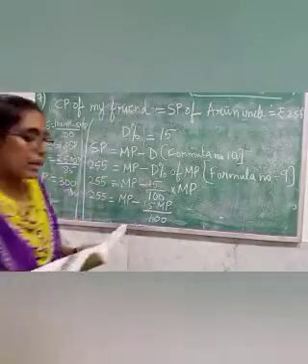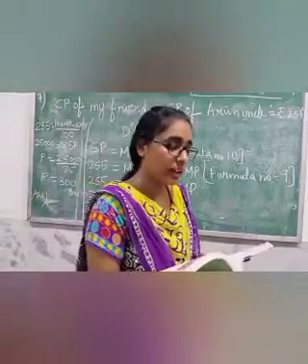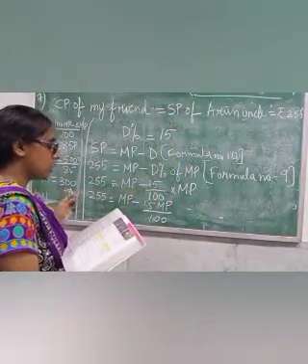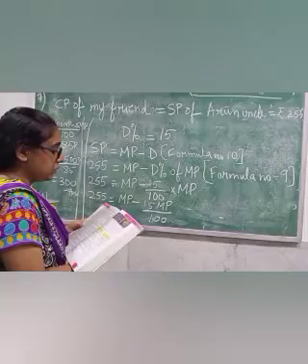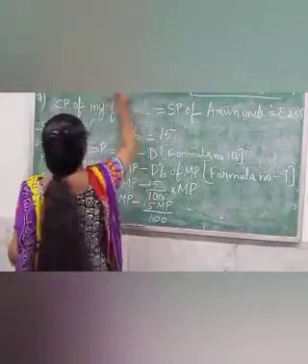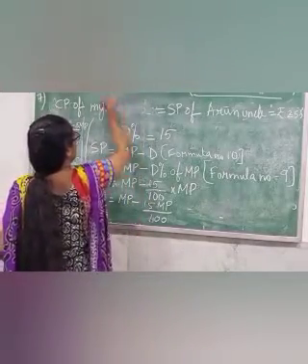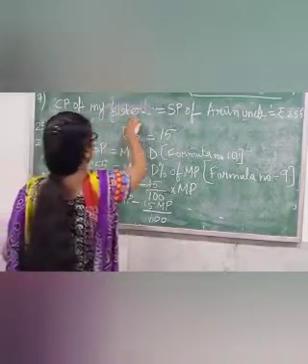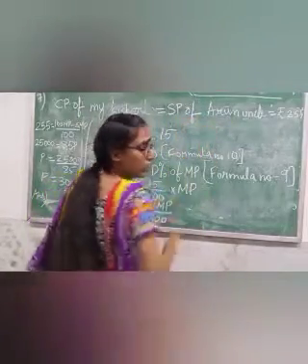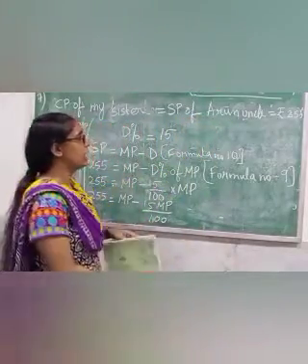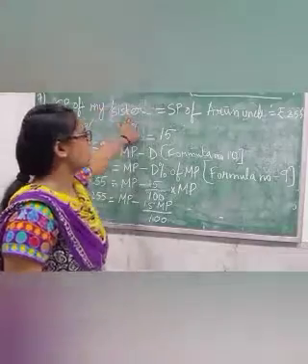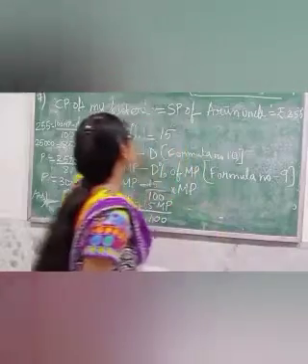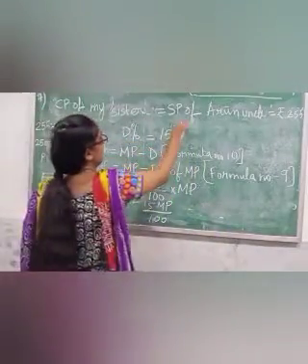Okay. And in the first line it is written my elder sister has bought an umbrella. Means CP of elder sister is equal to SP of Arun uncle. Okay. Means CP of sister, cost price of my sister is equal to selling price of Arun uncle because she is buying from Arun uncle. So the selling price of Arun uncle is given how much? 255, and discount percentage is given 15%.